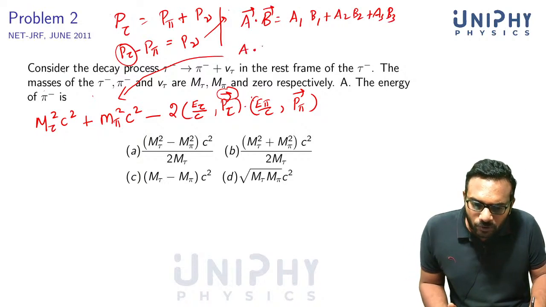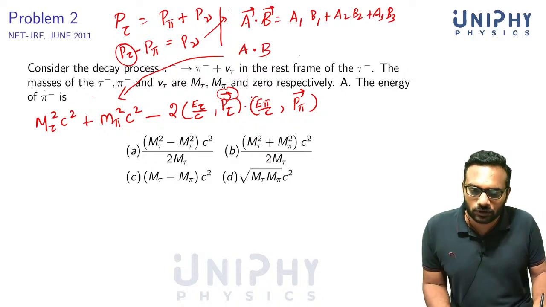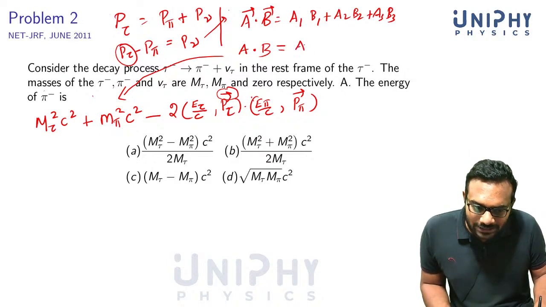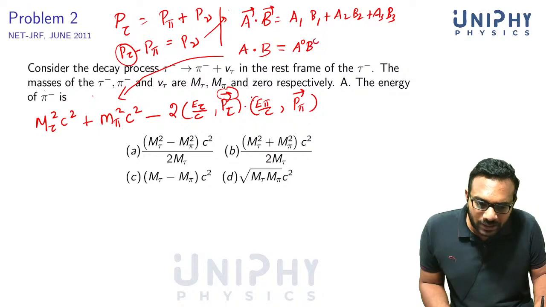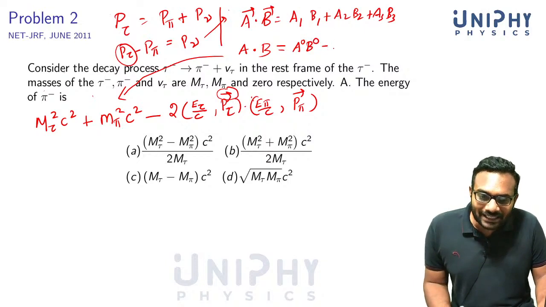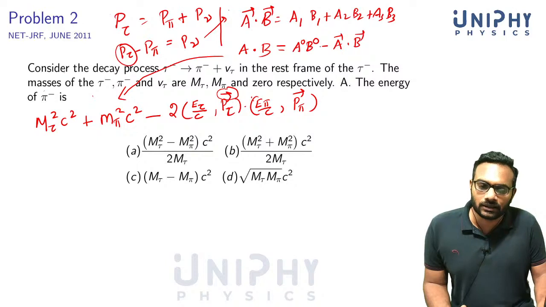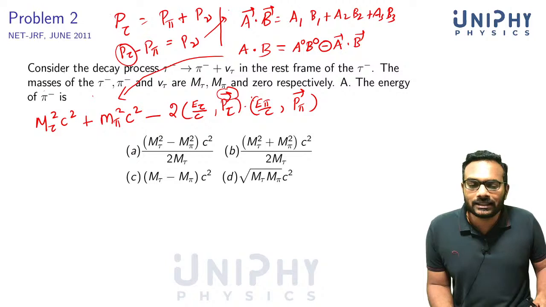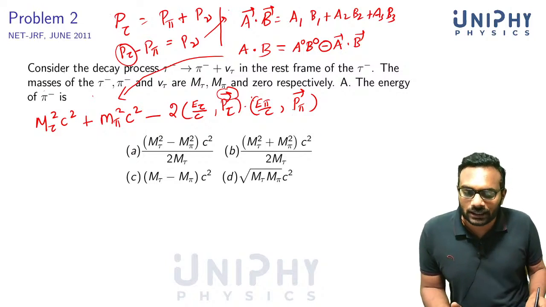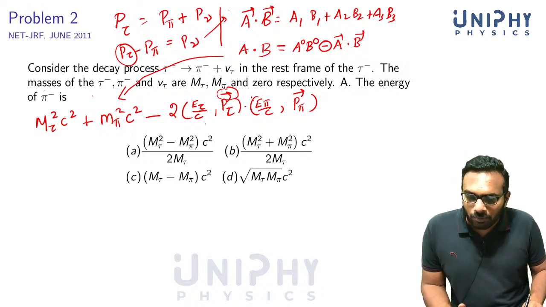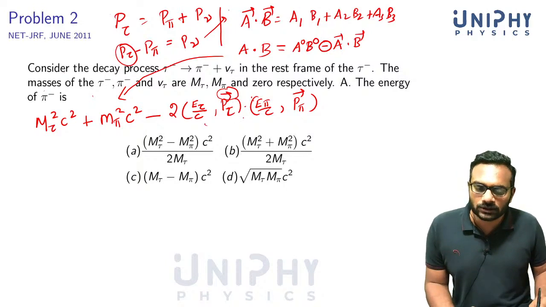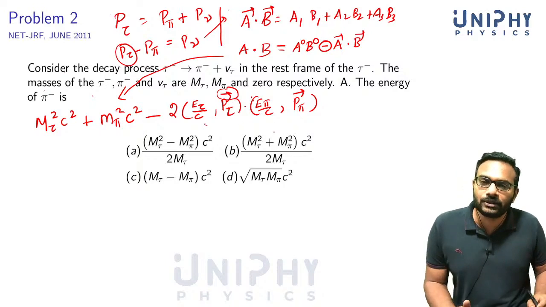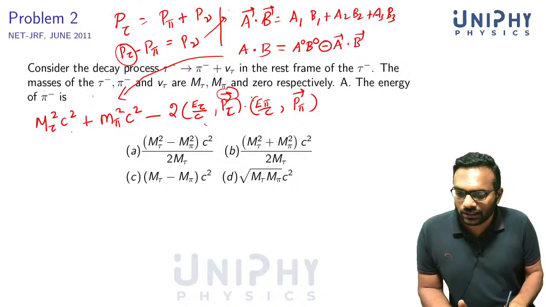Now what if these are 4 vectors? If there are 4 components, then the scalar product goes like this. It is a0 b0. You multiply the 0th component, minus a vector dot b vector. There is a relative minus sign here. That's known as the geometry of space-time, because the geometry is Minkowski geometry. So you just have to multiply the components by the corresponding components on the other side, and you will have a minus sign between the time part and the space part. So that gives us